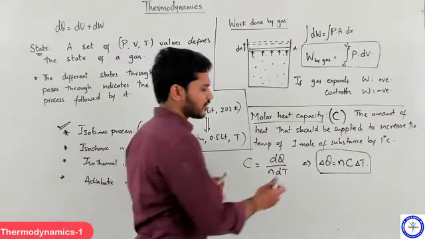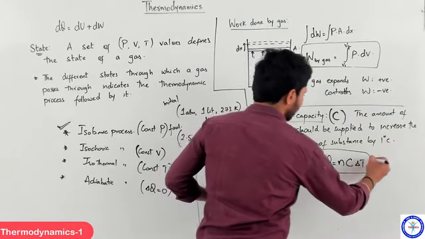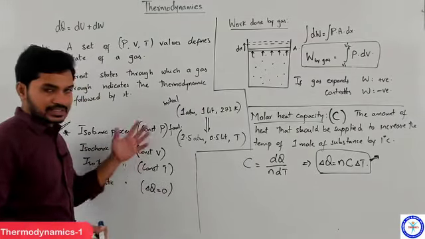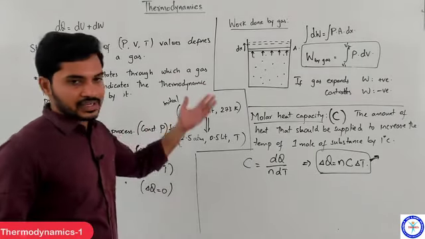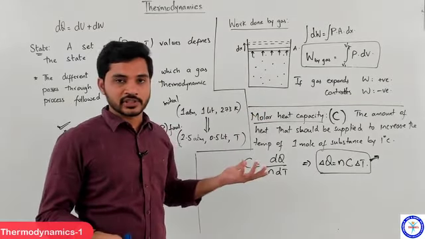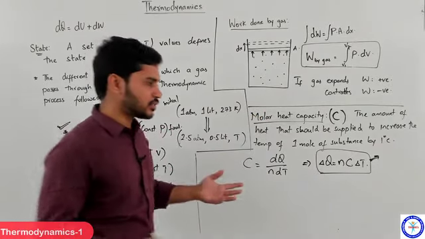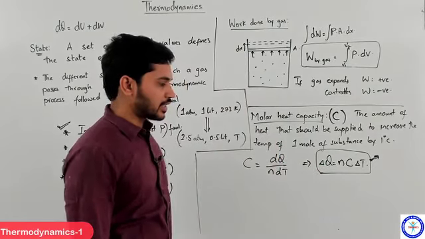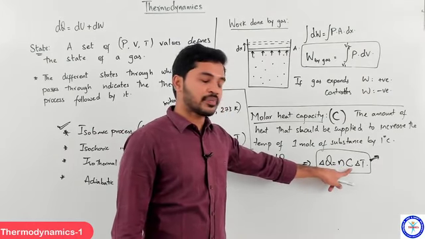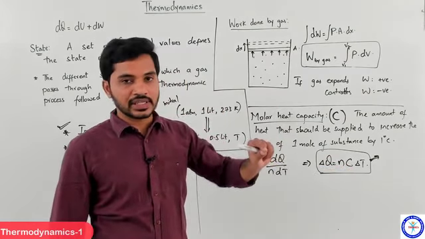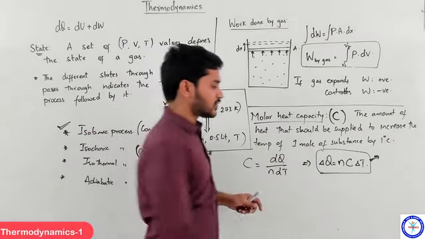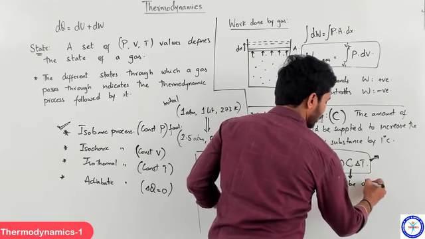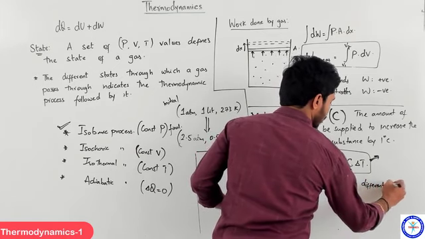Clear, students? A very important expression this is, and this is a general expression as well for any process that the gas undergoes, whichever process that the gas undergoes, one of these four or any random process out of the infinite possible processes. The heat supplied to the gas in that process can be written as n into the molar heat capacity of the gas associated with that process into delta T. So this C value can be different for different processes.